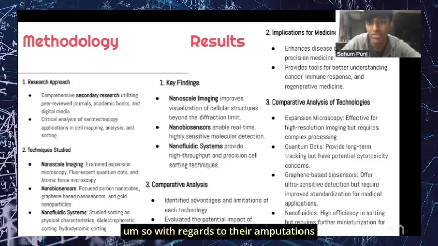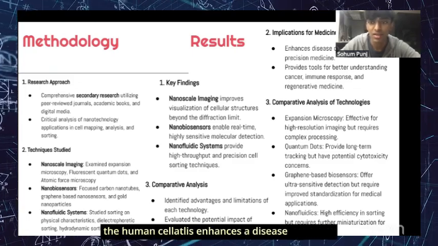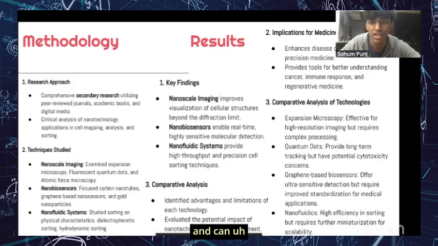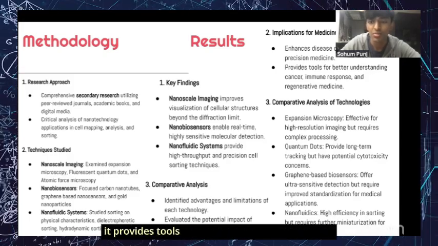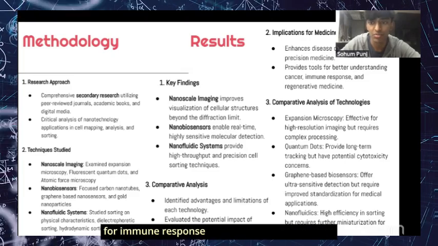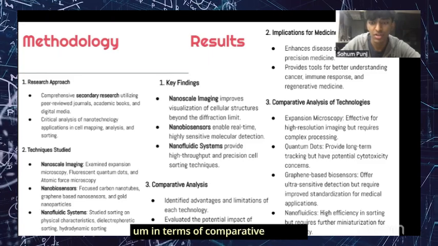With regards to their implications for medicine research, the Human Cell Atlas enhances disease diagnosis and can lead to more precision medicine. It provides tools for better understanding cancer, immune response, and regenerative medicine. And in terms of comparative analysis,